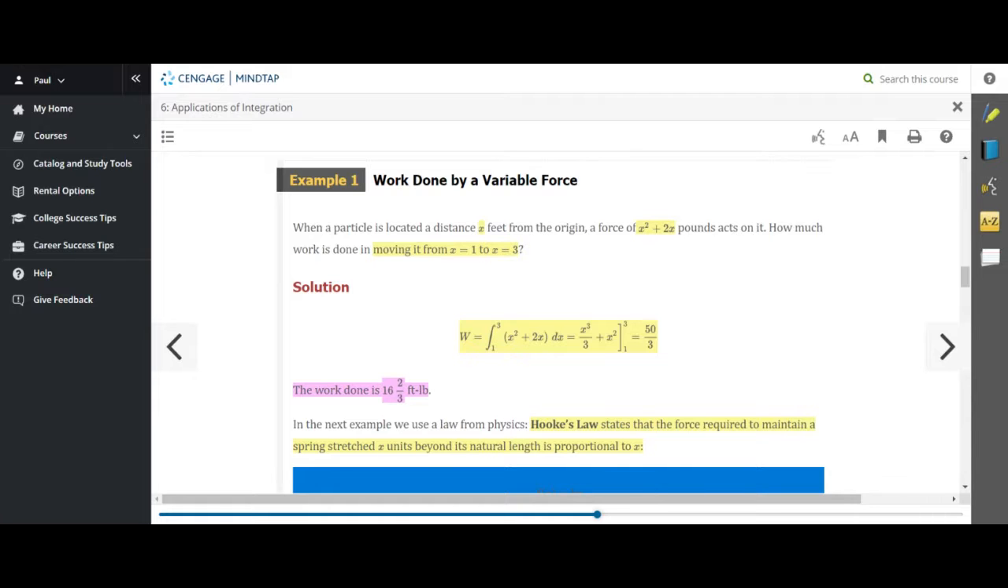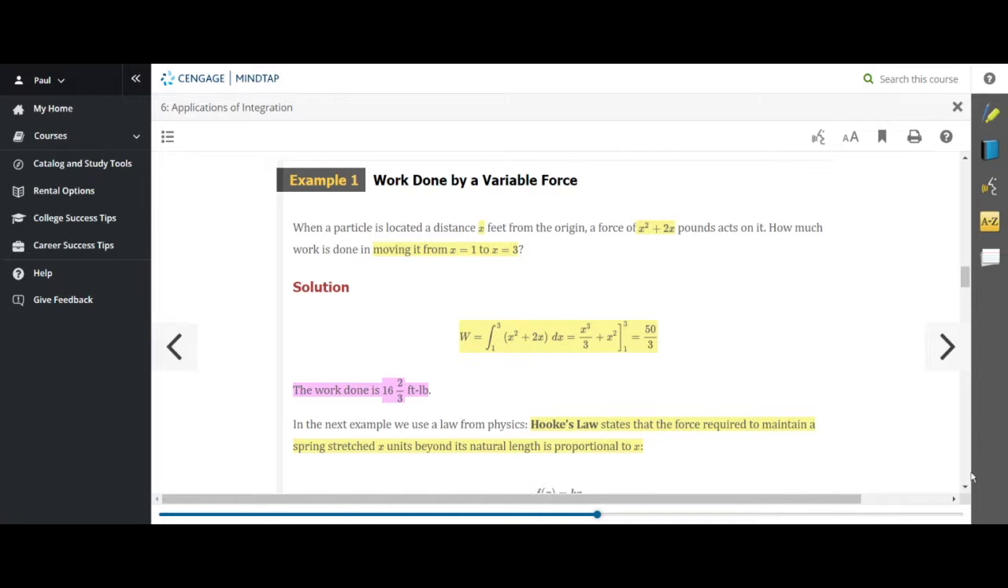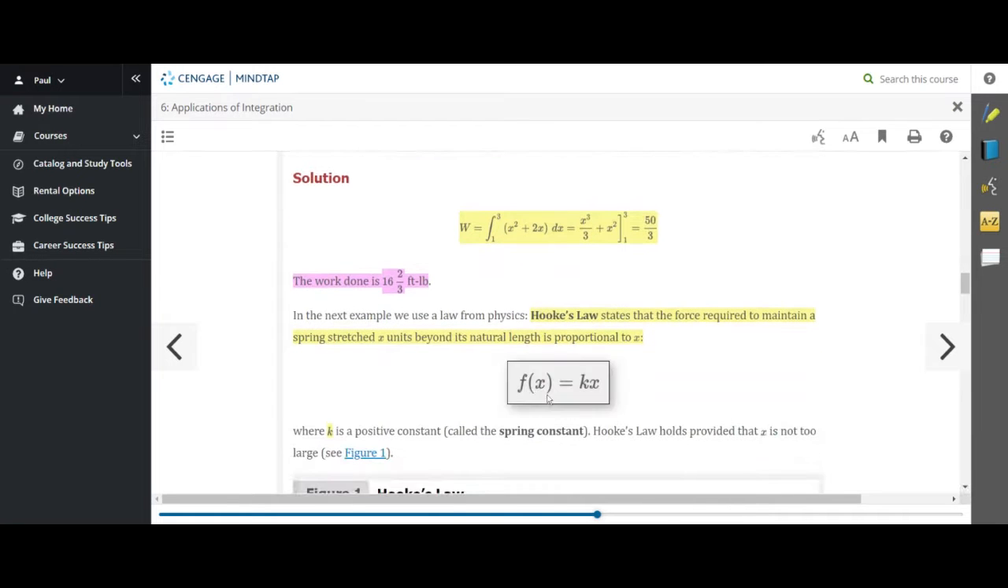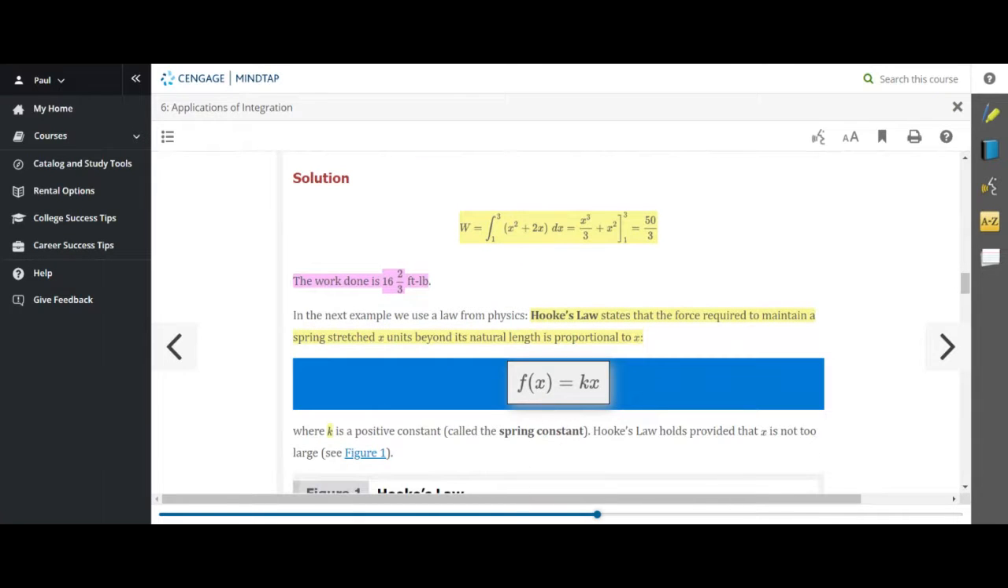Let's continue on. How many have heard of Hooke's law? Hooke's law. Okay, Ange? Well, Hooke's law states the following, that the force required to maintain a spring stretched x units beyond its natural length is proportional